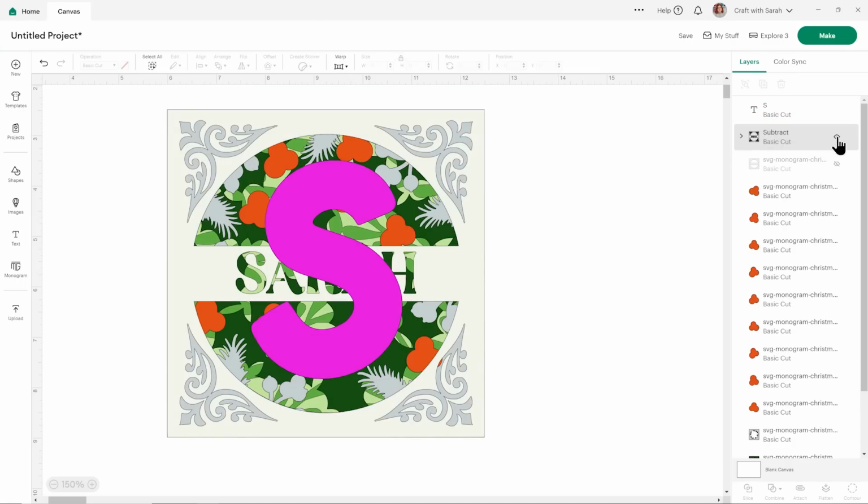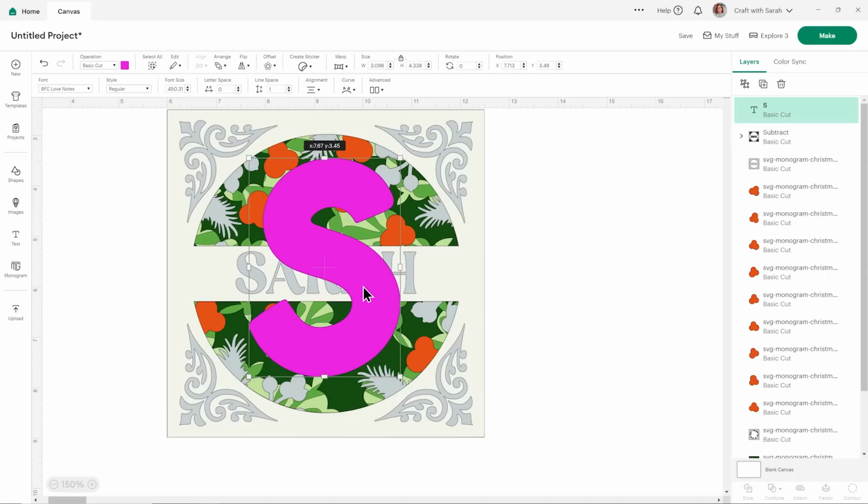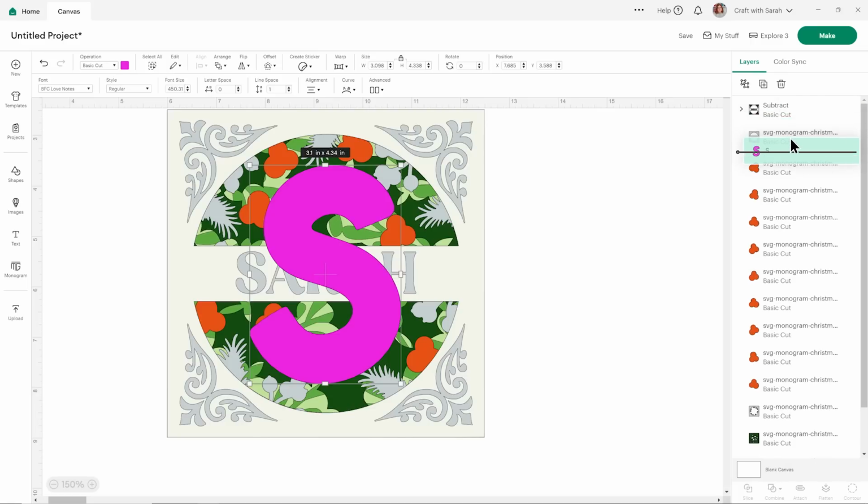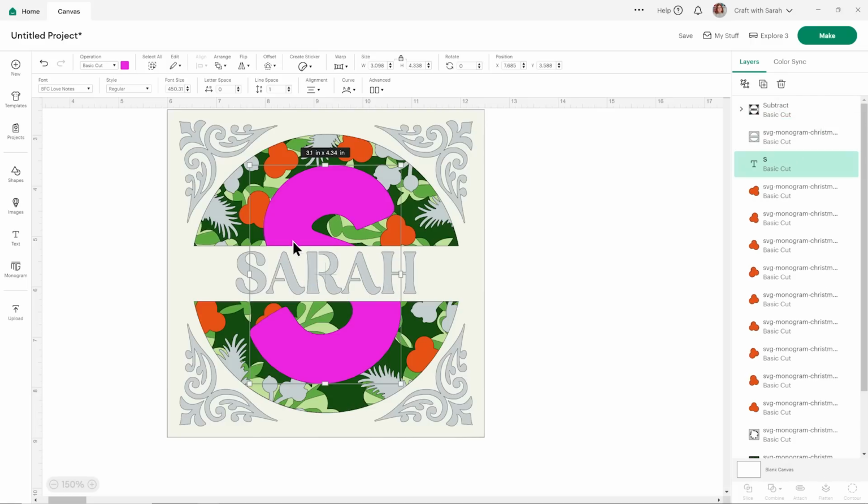I'm now going to turn this on and then just check I'm happy roughly with the size. And then drag it in the layers panel so it's underneath that grey with the stripe. And that just lets you see a little bit easier if you're happy with how it's looking. Some letters will work better than others just because of their natural shape. I feel like an S works quite well because you can still easily tell that that is an S. So I like that positioning.